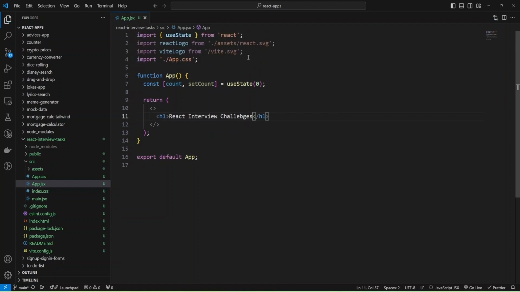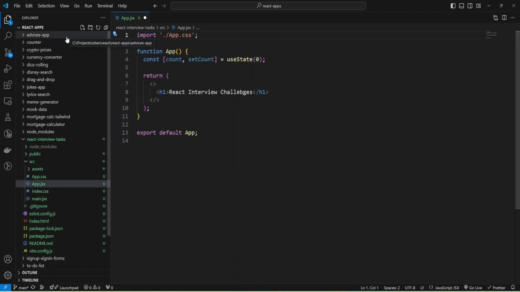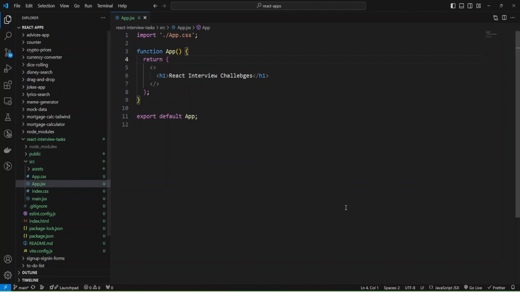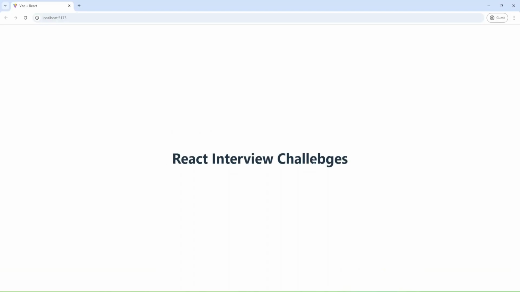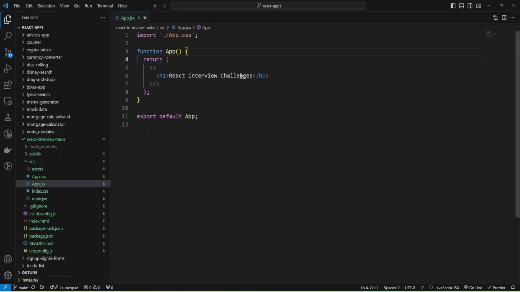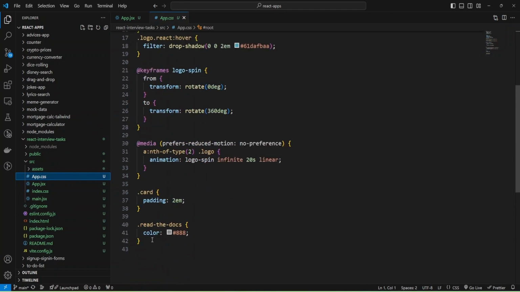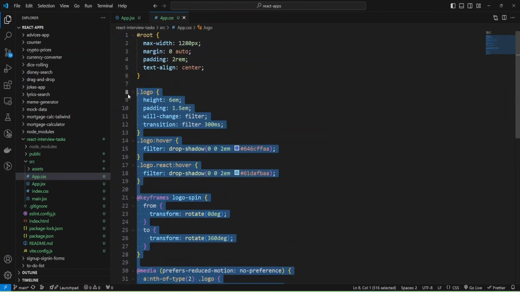Okay, and also I can remove all this useState, useEffect, and let's check. And we have our header. I need to fix it. Challenges. Okay, and now I can go to App.css and remove all styles.